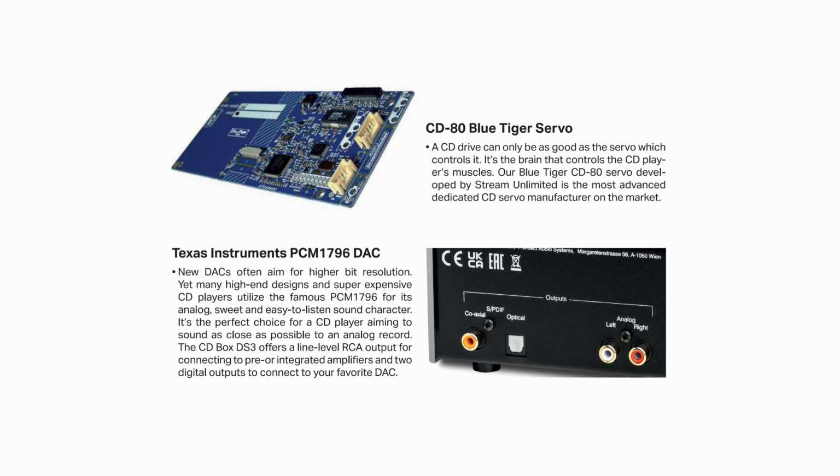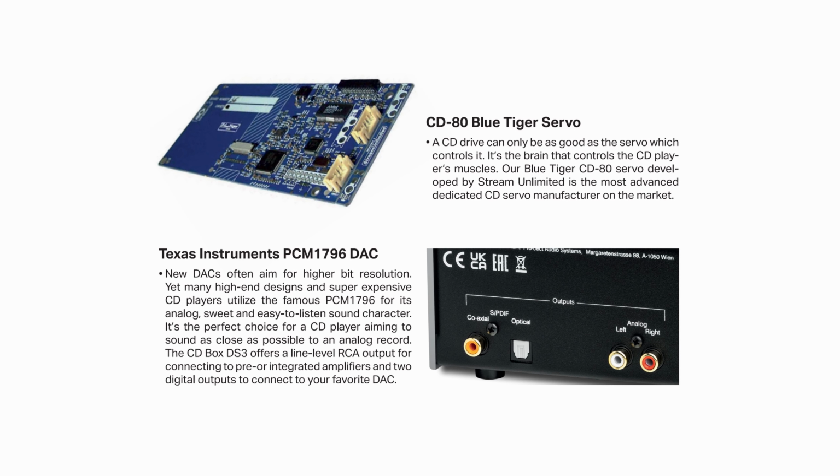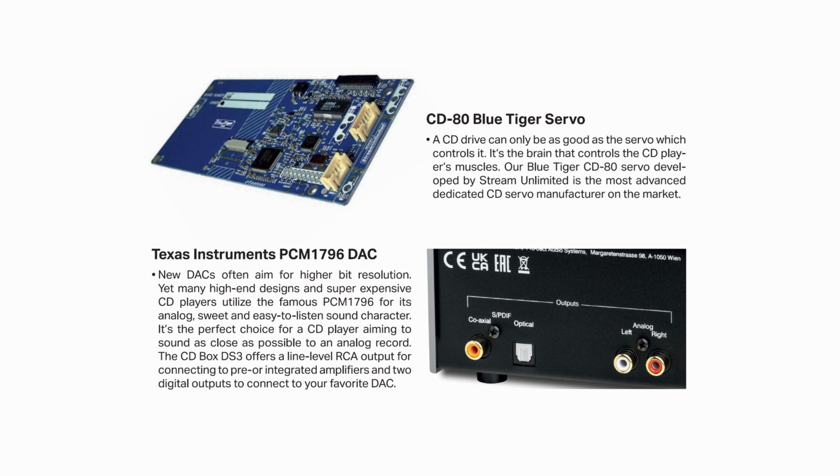We got a better DAC. In the S3 we have the PCM5102 and in the DS3 the PCM1796. I also asked Pro-Ject why they chose these types of digital to analog converter, because now I saw that